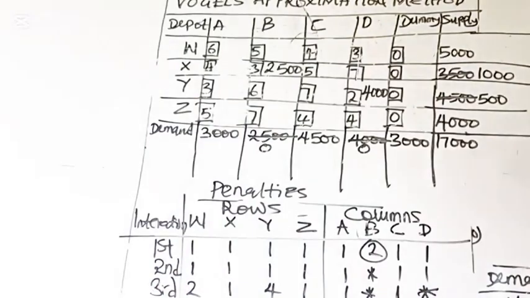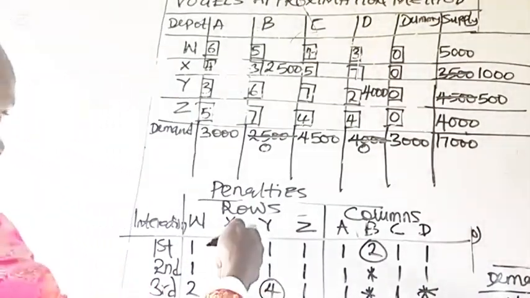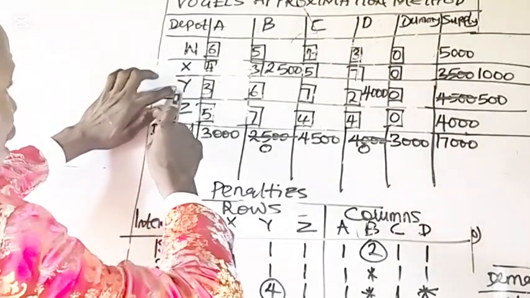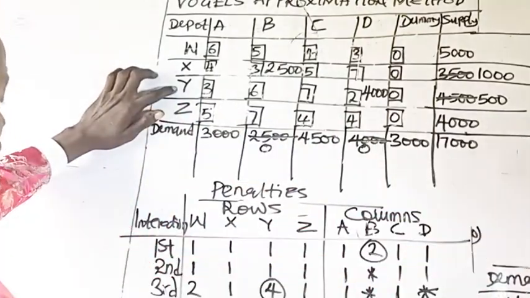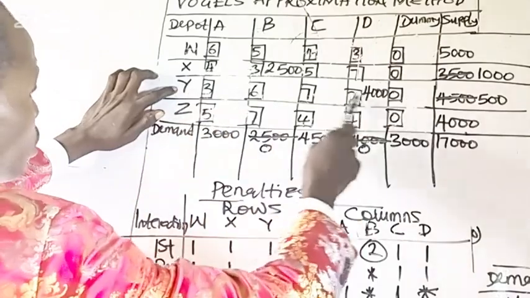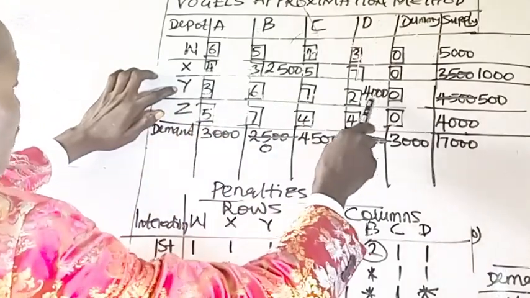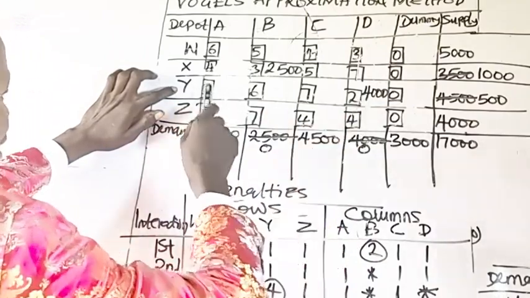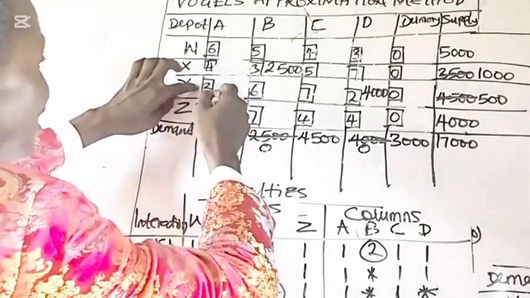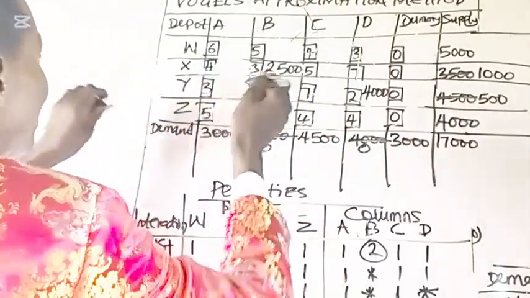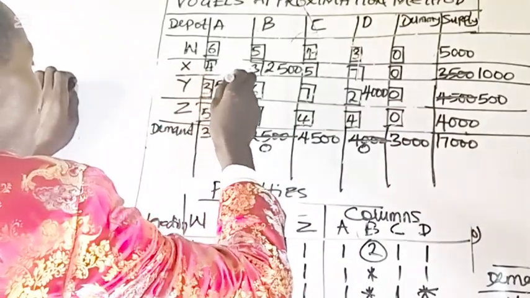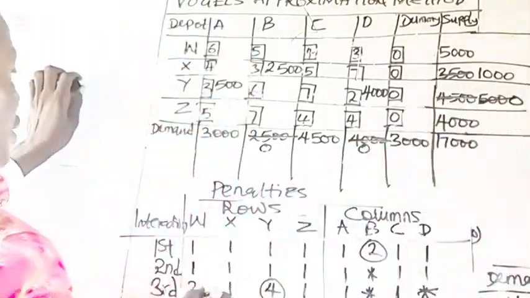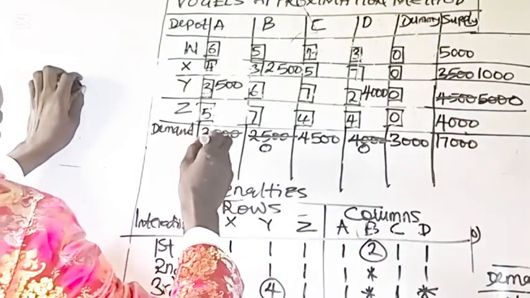Now, the highest penalty is 4, which is row Y. This is row Y. Then what is the least cost you have in row Y that you have not allocated to? This one has received 4,000, then we have 3. Since you are left with 500 in this row, it means it is only 500 you have available to give to this 3. Then that finishes the 500 you have here, you'll be left with 0. 500 goes out of 3,000, you'll be having